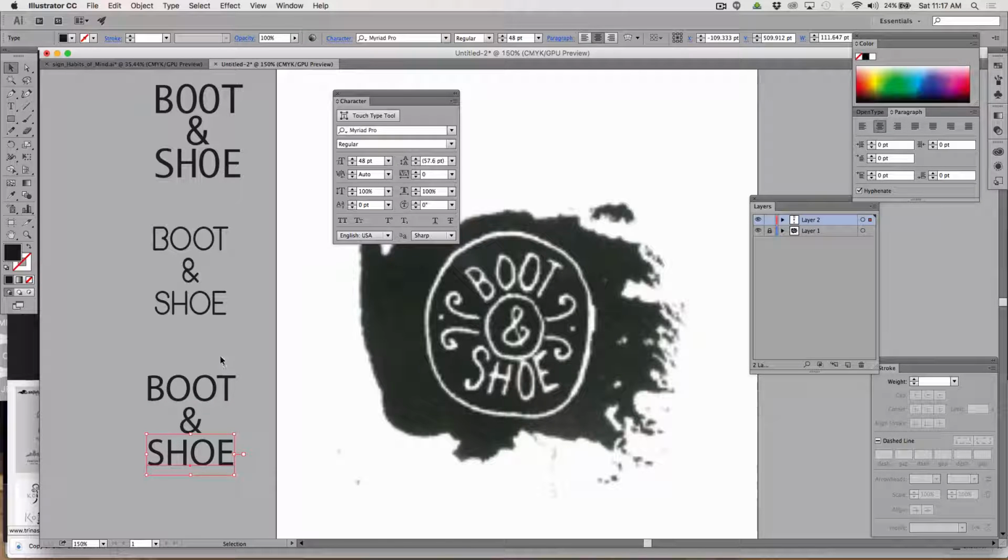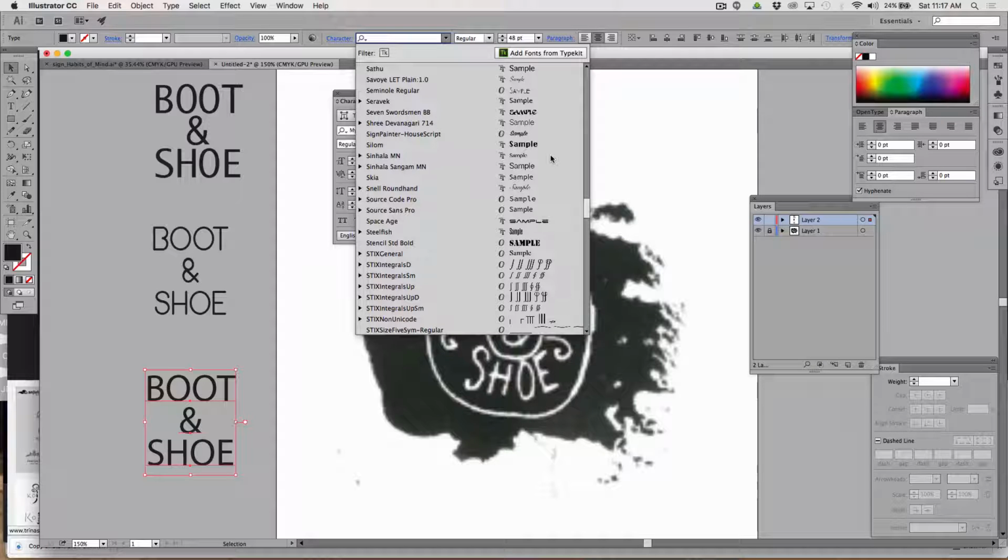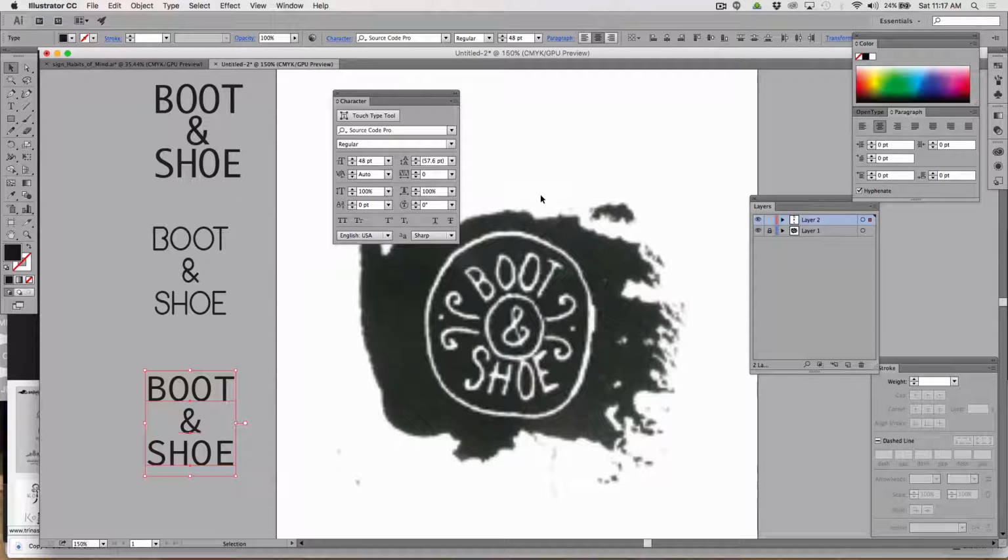And clearly, I should have looked at fonts before I started this tutorial, but I'm really focusing on the text on the path aspect of this. And let's try this one called Source Code Pro, and that's my favorite one. So I'm going to go with that one, Source Code Pro. Nothing fancy. Now, to get this roundy look,